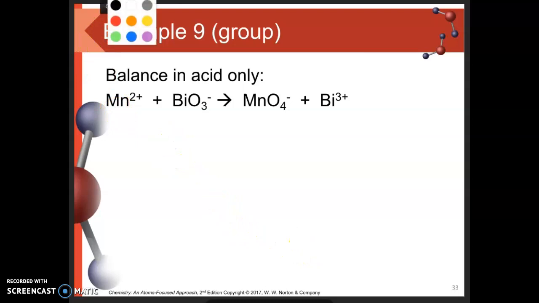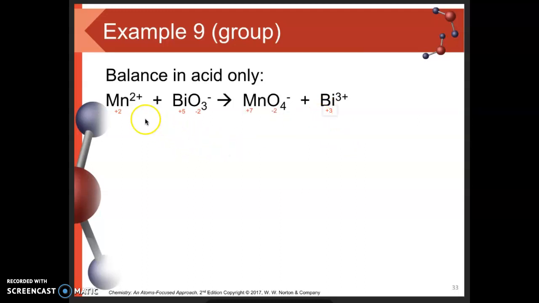Start by assigning oxidation states. For manganese, it is +2. For the bismuth in the bismuthate ion, it is +5. For the oxygen in that ion, it's -2. For the permanganate, we're looking at a +7 for manganese and a -2 for the oxygen, and the bismuth is